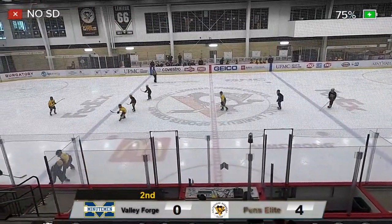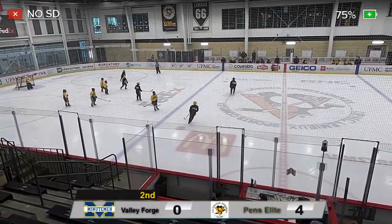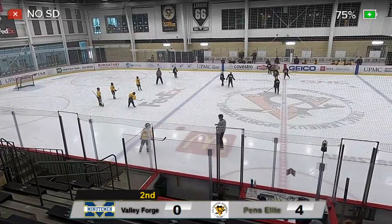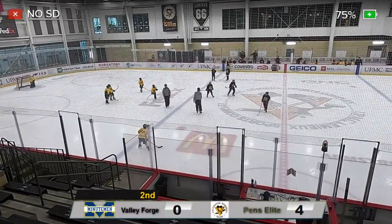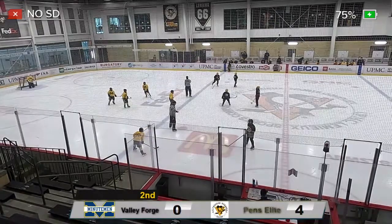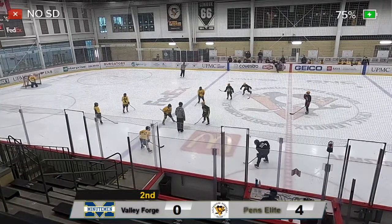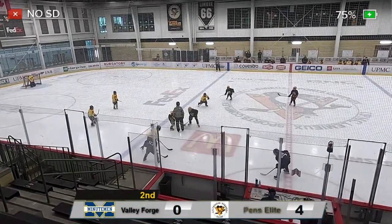Zachi carries over center red, backs into the zone onside. Oh, they'll say offsides. I think that was a good call as he backed into the zone, putting his linemates on the other side. We're a step ahead. Face-off will come outside of the Valley Forge zone for Goldberg. He's got Baru